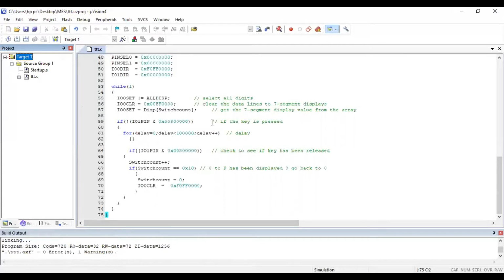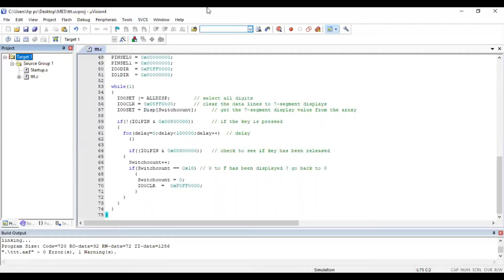Once your file is ready for execution, now this particular program you need to send to the board, because this is a hardware program. You have to execute it on the board. So you have the LPC2148 evaluation board. On that board, this program will be executed. So now how to send this program to that board? You cannot send the program as it is. So you have to send the executable file or the machine code. How to create the executable file or machine code means it's a creation of hex file. So you have to create hex file.